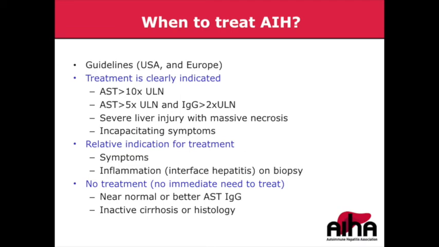And also liver biopsy, even in the absence of liver enzymes or IgG elevation, if it shows severe injury, particularly with a type of autoimmune hepatitis where there's massive necrosis. This is a lot of cell death in the liver when you look at a biopsy, is also a very strong indication, as well as when the symptoms of the hepatitis are quite incapacitating. Relative indication to treat is really anything short of mild or quiescent disease and severe disease. And it really typically reads into some abnormalities in the liver enzymes, some symptoms, some inflammation, particularly interface hepatitis. And Dr. Cummings may have touched on this during his talk. And that requires a liver biopsy, by the way.